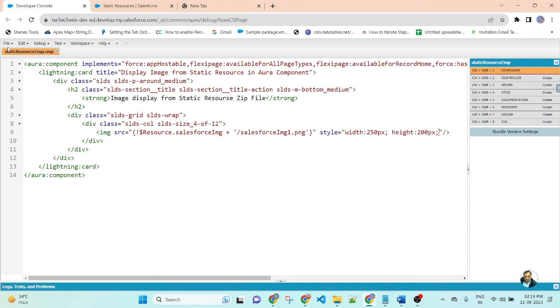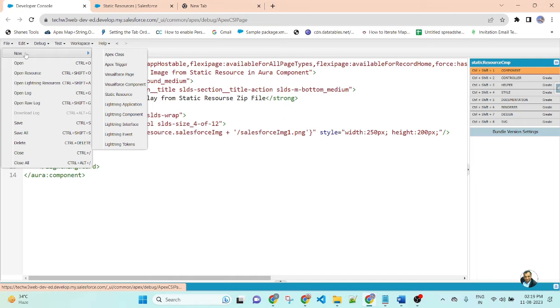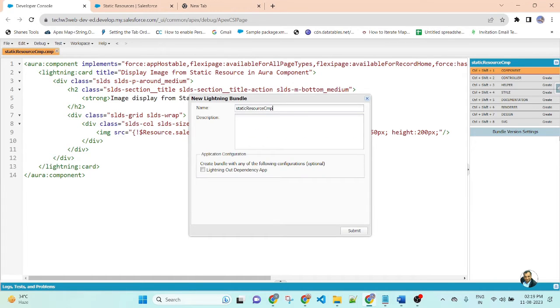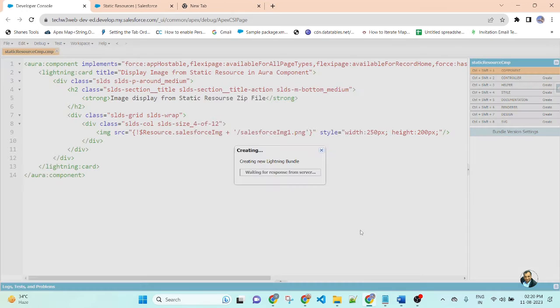Now I will create a lightning application: New and select Lightning application. Write the name of the lightning application. My application name is staticResourceApp, and submit.